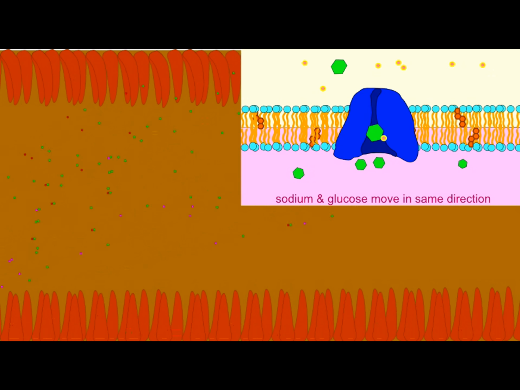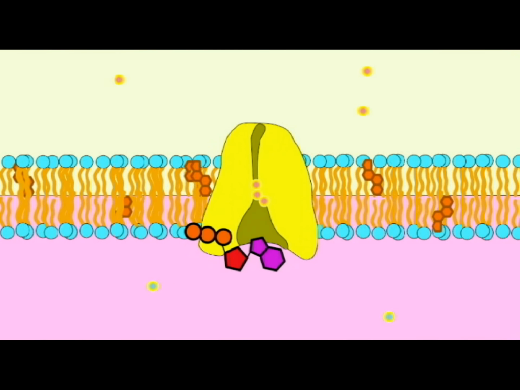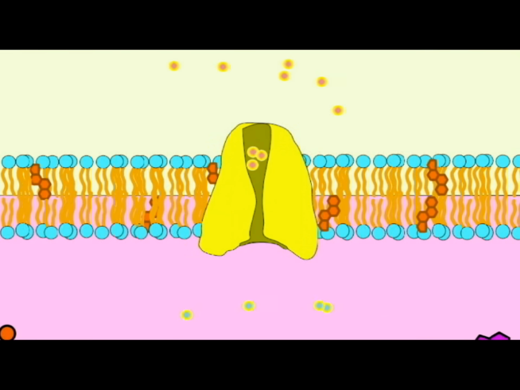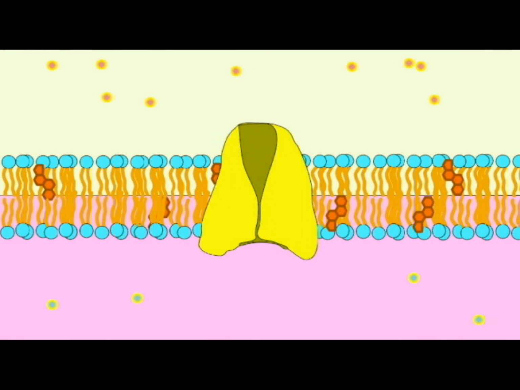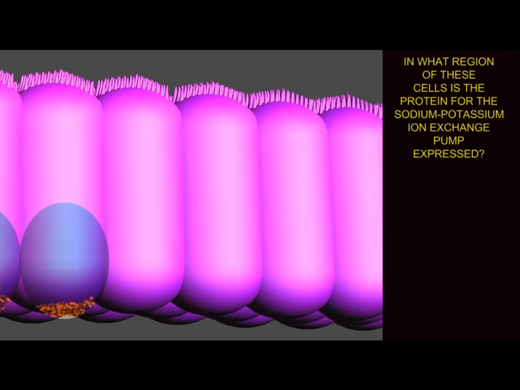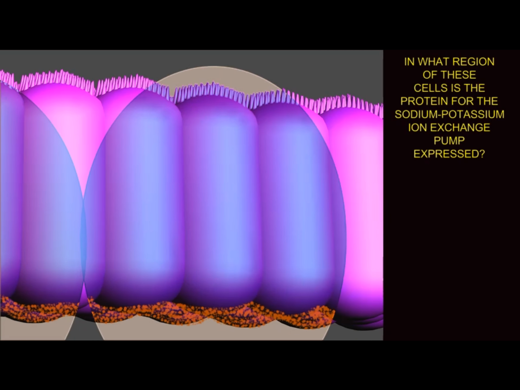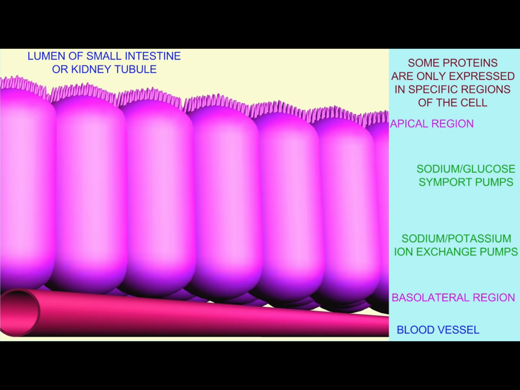The sodium-potassium ion exchange pump, which uses ATP to pump sodium out of the cell and potassium inside of the cell. These cells express this pump, but only in one region of the cell, the basolateral portion of the cell. That portion of this epithelial cell which joins the underlying connective tissue and is near this blood vessel. That way, when sodium is transported out of the cell, it is only pumped in one direction, into the blood